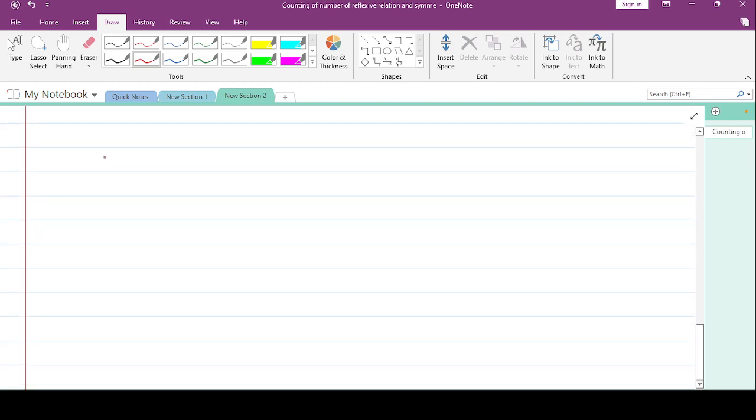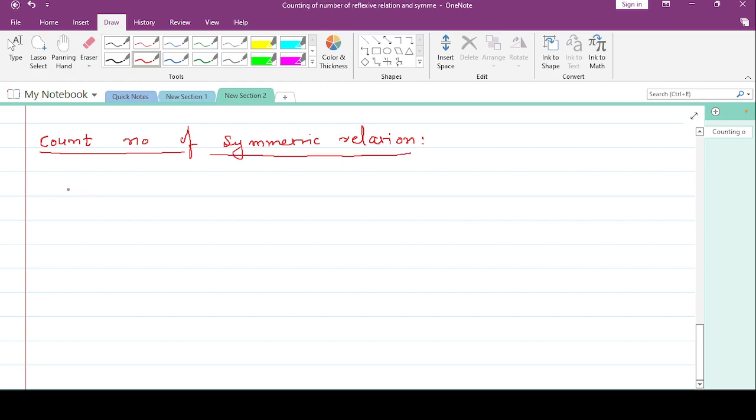Okay. Now next we want to count the number of symmetric relations, that is, how to count the total number of symmetric relations. I remind you of the definition of a symmetric relation: a relation